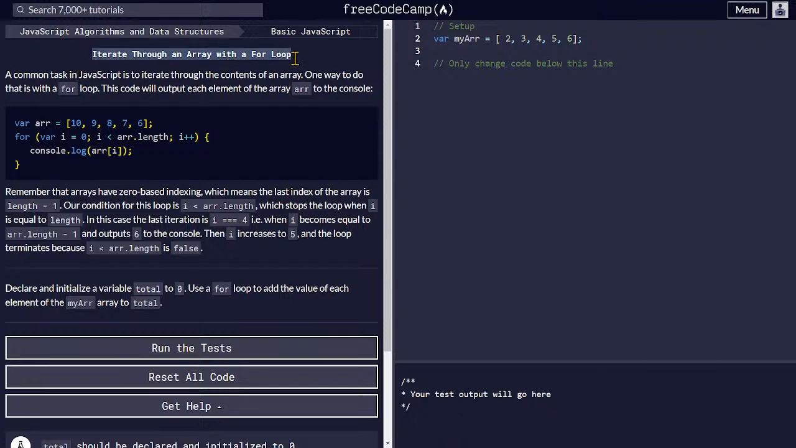Now iterate through an array with a for loop. A common task in JavaScript is to iterate through the contents of an array. One way to do that is with a for loop. This code will output each element of the array in the console. So this is the array. We are initializing with 0, and the length will be the length of the array. If this becomes 1 2 3 4 5, so if i is less than 5, it will console log